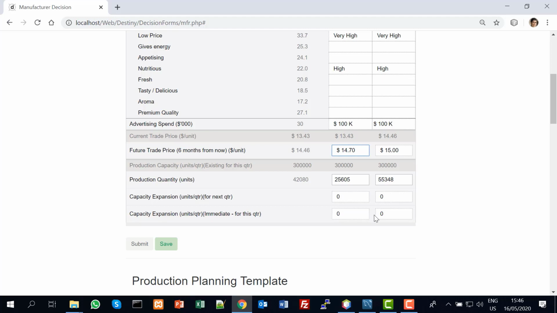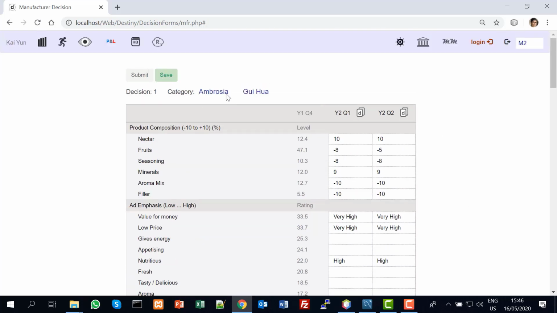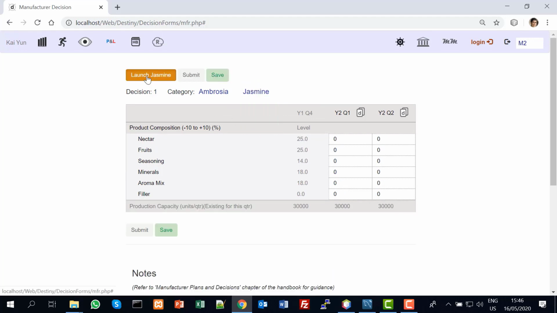Keep an eye also on production capacity. Growth brands from time to time will require capacity expansion. This should be planned in advance to prevent any shortfall and to save on the additional cost of increasing capacity on an urgent basis. To launch a new product, Jasmine for instance, simply go to the Jasmine page, click Launch